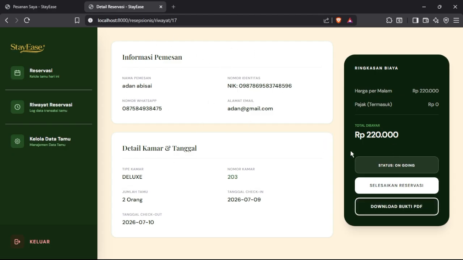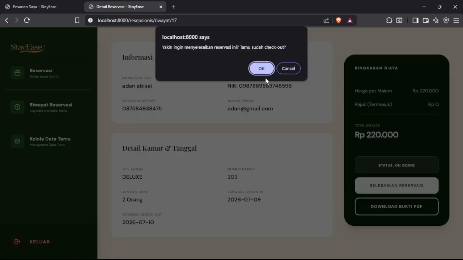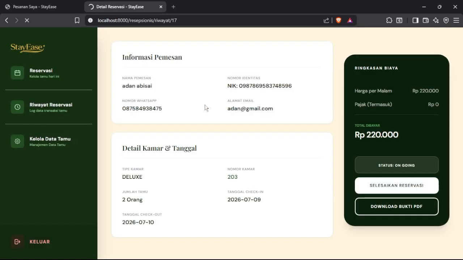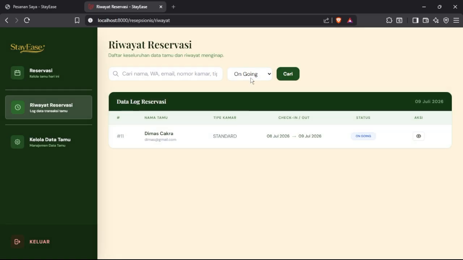Then there are two buttons: finish the reservation and download the receipt for the reservation. If the receptionist clicks finish the reservation, and then clicks OK, the data will change the status to checkout.